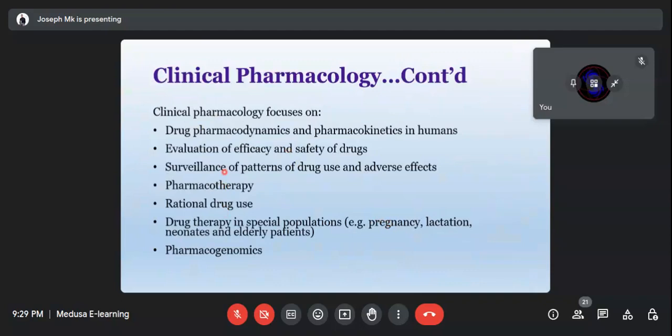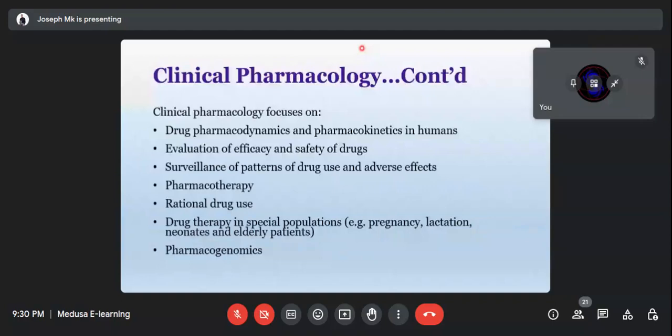Pharmacodynamics and pharmacokinetics. So it will focus on the movement of a drug. It will also focus on pharmacotherapy. We all know what therapy is. These are some of the things that you can just read while you are studying. From there, toxicology. I'm sure even the word itself is self-explanatory.